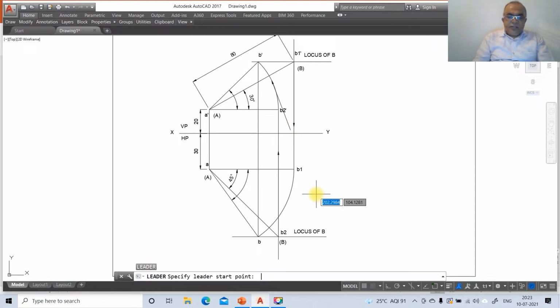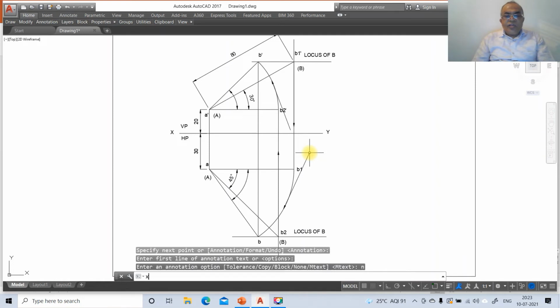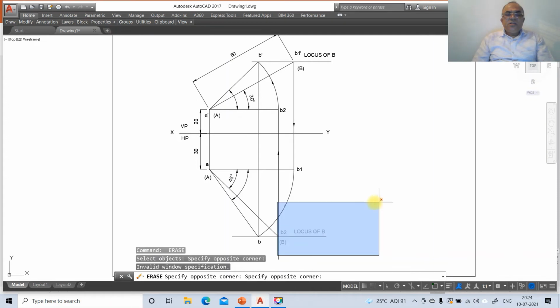Similarly, leader, go to nearest of this, take it to this side and click, annotation option none. Go to explode, select this line, this line and this line. Then go to erase, erase this, this and this. These are all the things you need to write here.